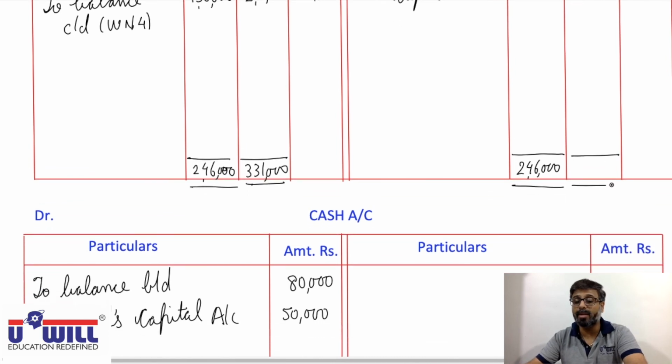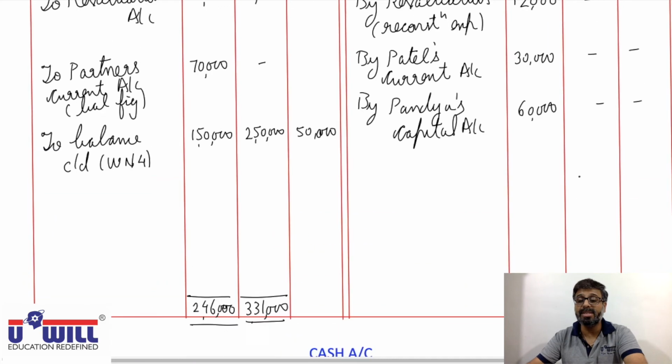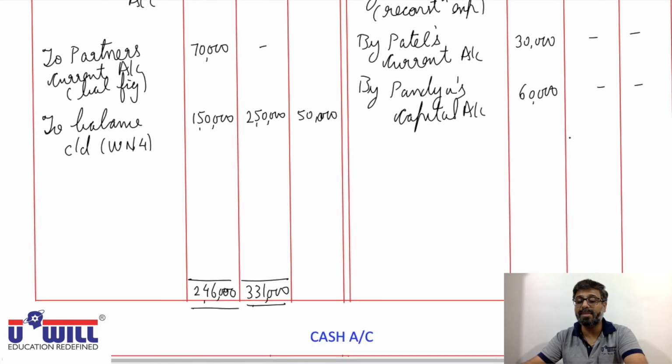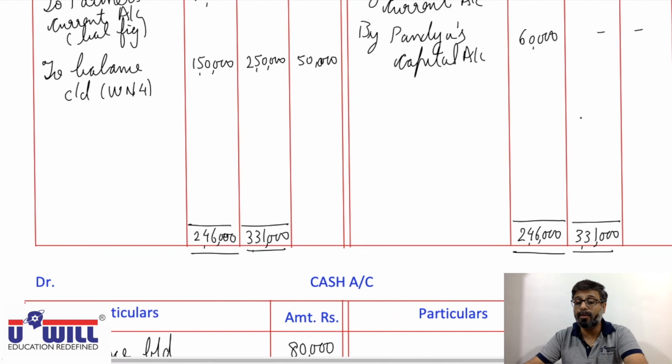Now 3,31,000 minus the credit side amount of 1,27,000. What will remain if you subtract 1,27,000? 2,04,000. That we will transfer to Pandya's